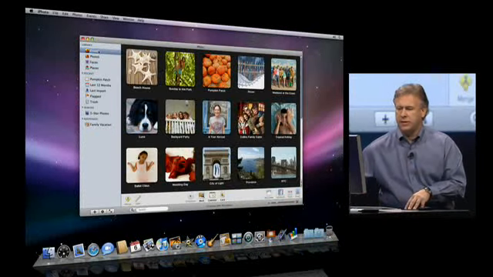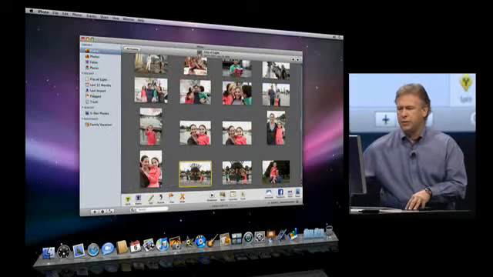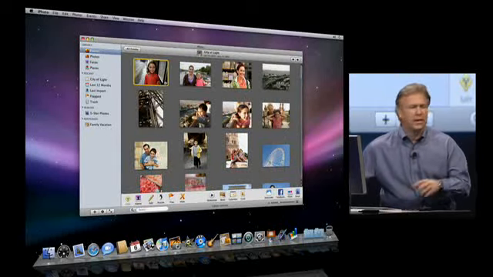So let's go back to events. I'm going to pick this event called City of Light. I'm going to go into it. Let me pick a photo. I'll pick this first one at the top. And let's say that's a person I haven't been